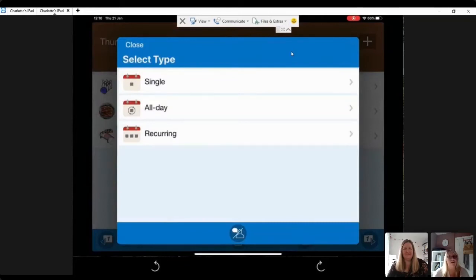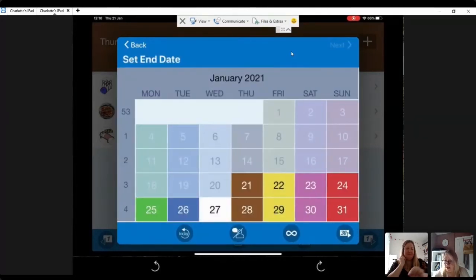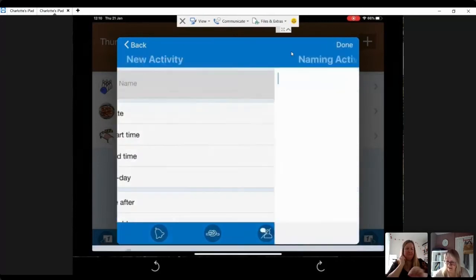So you can do just a one-off activity, an all-day activity, or a recurring activity. If you want to do a recurring one, something like perhaps a dentist visit that happens every 6 months, you can add those in as multiple activities. If you want to do an activity like walking the dog, obviously that's every single day. And if you don't want to add an end date, you don't have to. So this can just go on indefinitely. So we'll do walk